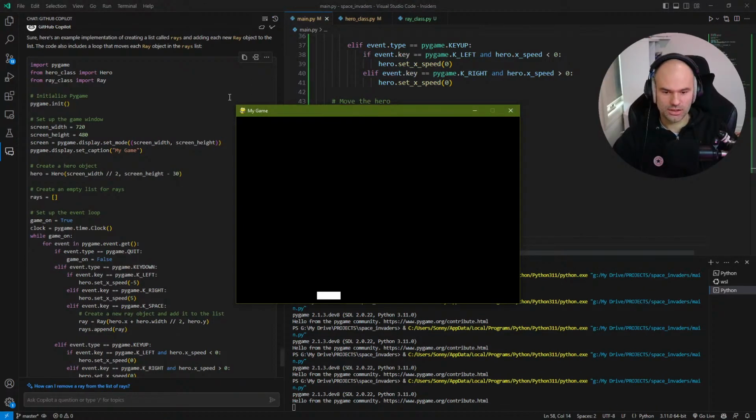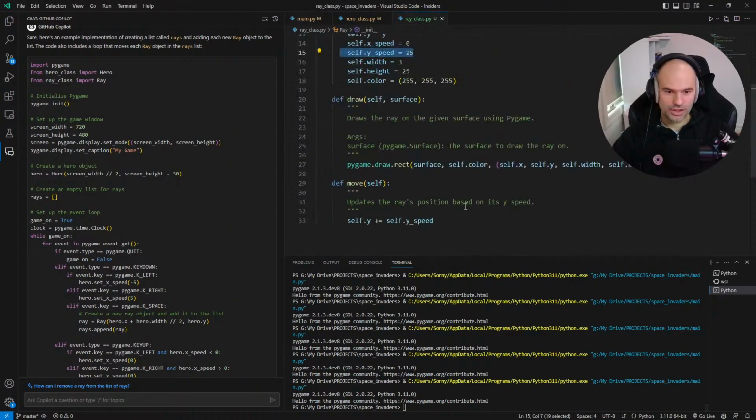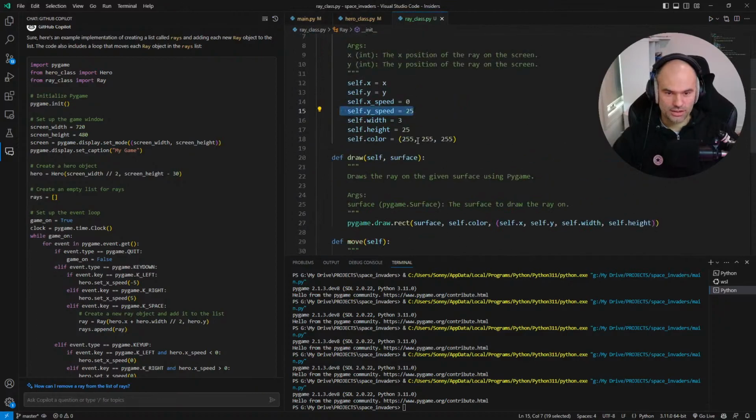All right, I am shooting in the wrong direction. Thank you guys, you're correct. I was wrong. Negative 25. Yes, negative is up. It is upside down, so upside down actually means negative being up. Okay, so if we open this,